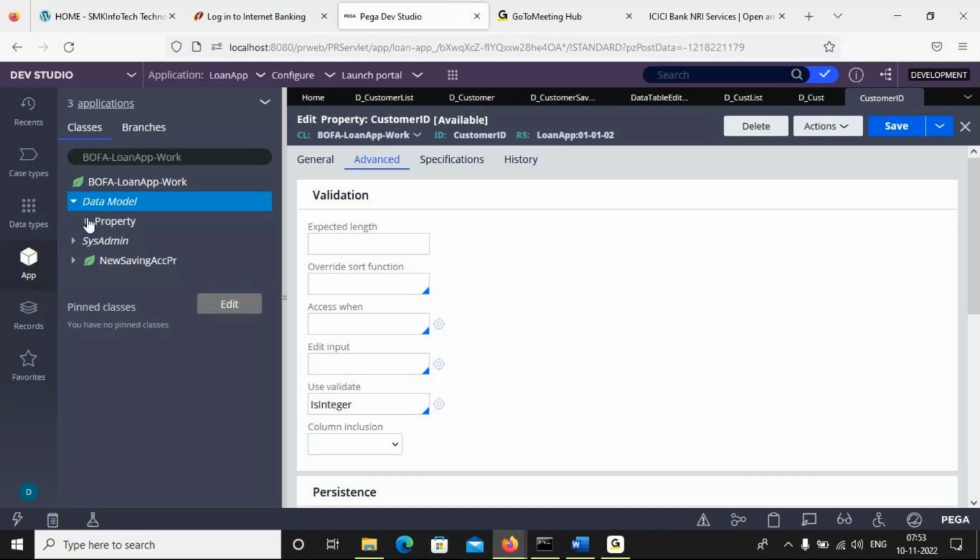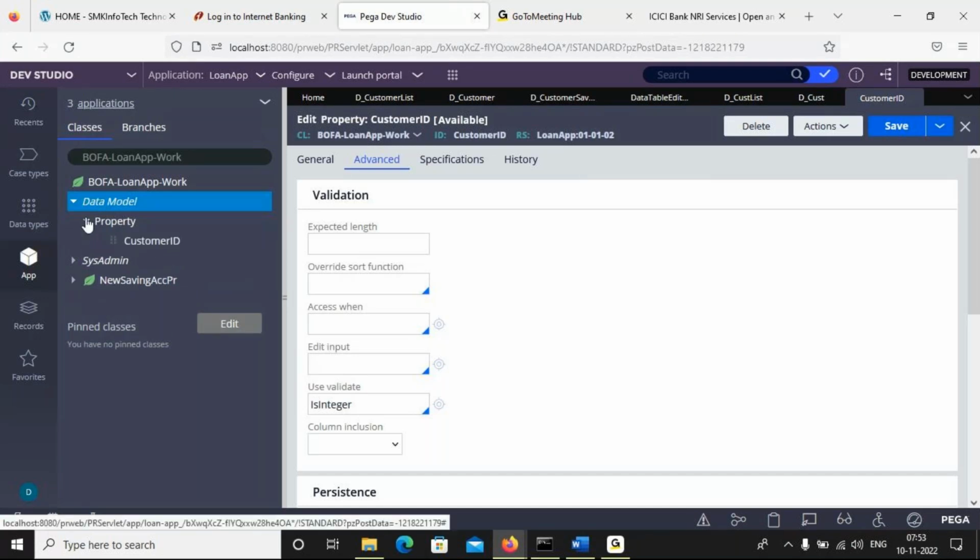Customer ID is created. This is only a single property, but I want to create multiple properties, as you know. I'll discuss all the property information as tomorrow's topic. Today, concentrate only on data pages, practical sessions and execution sessions, and I'll give entry-point questions also. Please prepare the answers for those questions. Only concepts about the database. Forget about the property rule today. I will explain it again tomorrow.